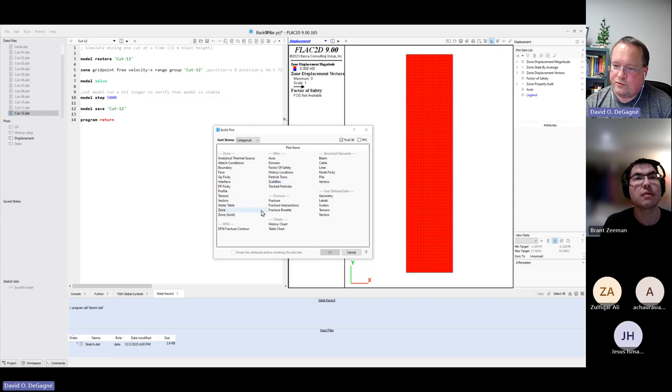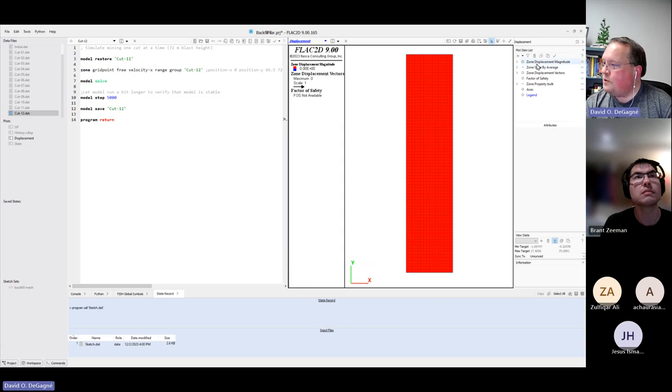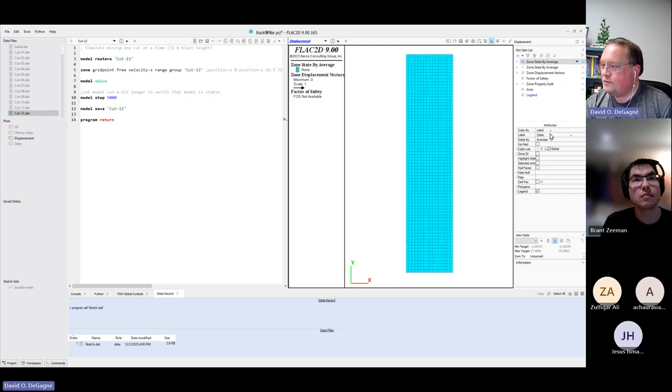If we wanted to look at boundary conditions or plot the interface, those are all things that we can do. Within each of these plot items, so we've got here zone displacement magnitude, it's a contour, but we can also do labels. So if I go here and I plot a label of density,